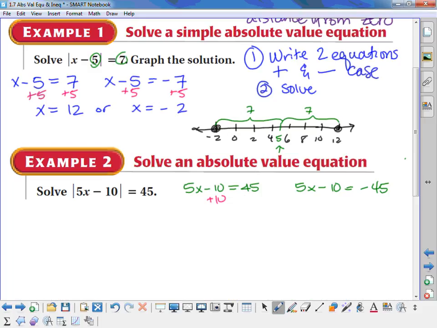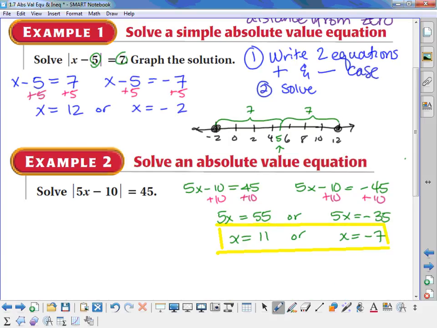I'm going to add 10 to both sides. 5x would equal 55, and then 5x equals 35. So that means x equals 11, or